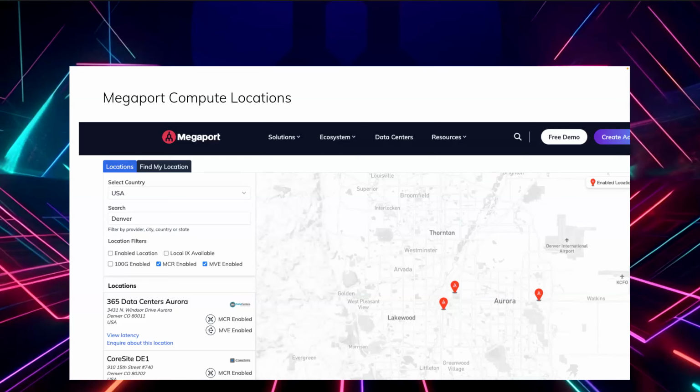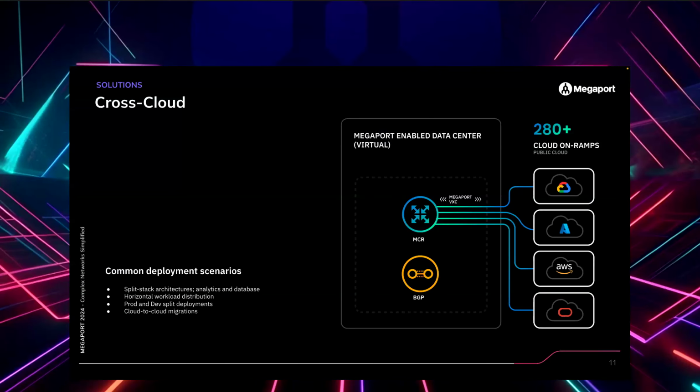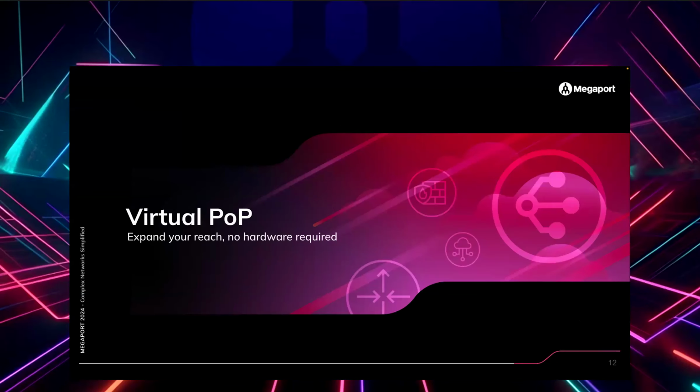Incidentally, one of the use cases we see with Megaport Cloud Router is an acquisition. Perhaps the company acquires another company that is using Azure, and they're an AWS shop and they need to migrate from Azure to AWS, or they need to share workloads. That's a very common MCR use case. Stand it up, migrate the workloads, and tear it down if you need to. And this is what the cross cloud looks like from a diagram perspective.